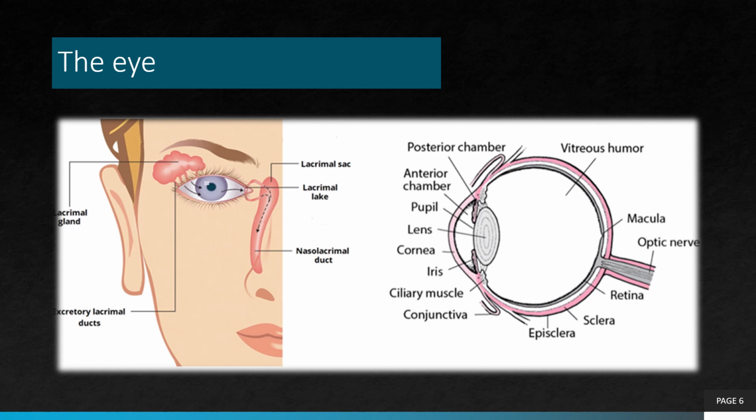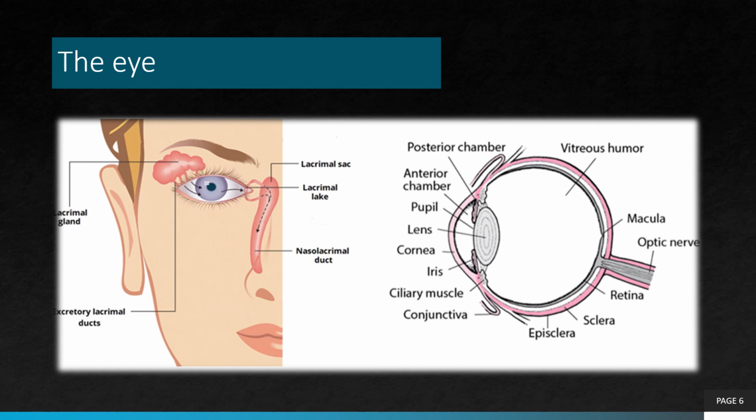From the lacrimal lake, tears drain through tiny channels called the excretory lacrimal duct and enter the lacrimal sac, located just below the eye near the side of the nose. The tears then pass through the nasolacrimal duct, which channels them into the nasal cavity, explaining why your nose often runs when you cry. On the right side of the image, we see a cross-sectional view of the eye itself,